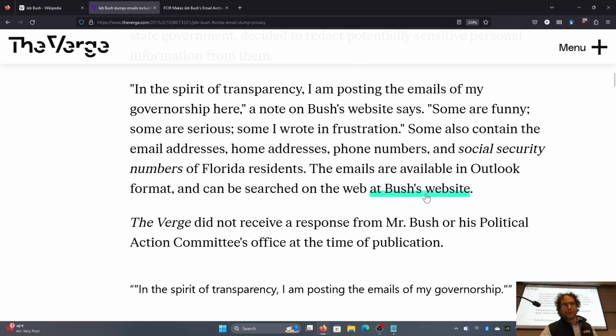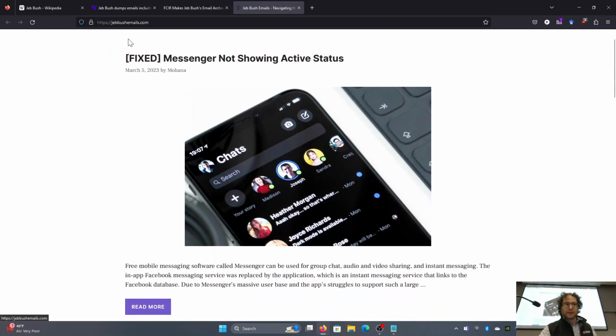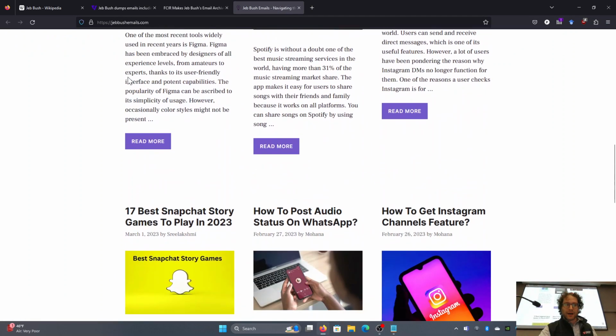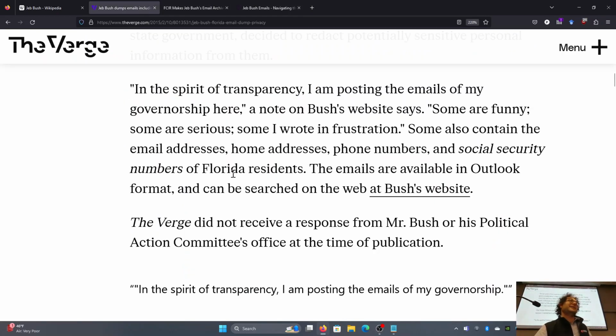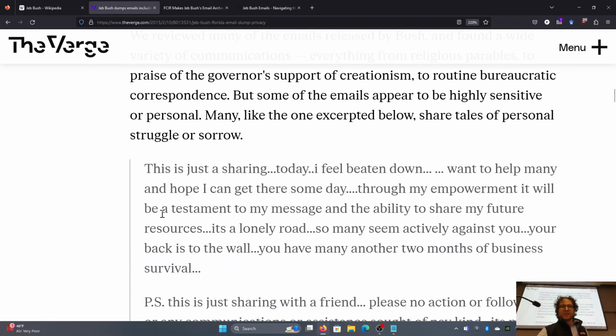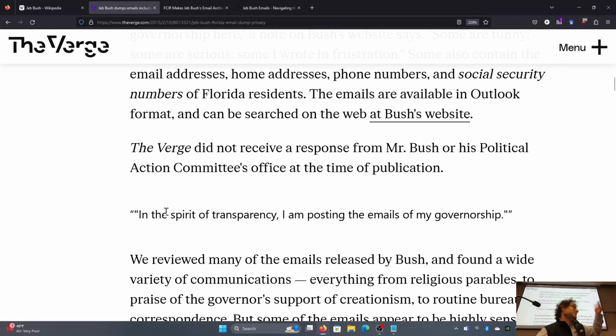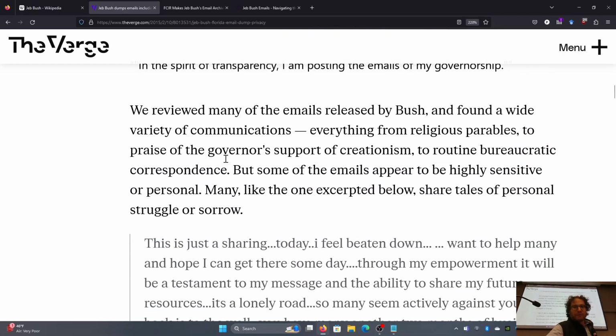It can be available at Bush's website, which if we go and click on it, hey, it looks like it's just basically chyrons at this point, just kind of an auto-generated website. It's a dead link, in other words. So that's why I'm going here to a news site rather than taking you directly to the source. So we reviewed many emails from Bush, found a wide variety of communications, everything from religious parables to praise